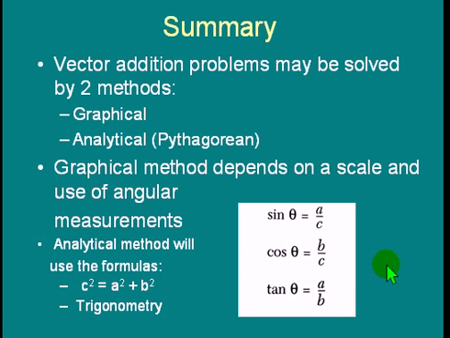So just a summary, when we add two vectors, we can use two methods. One's a graphical method, which will really show us how long the vector is and also what direction it is, and then the analytical method will also give us the magnitude, a squared plus b squared equals c squared. And we also need to use angular measurements, sine, cosine, tangent functions from trigonometry, and you might remember that as